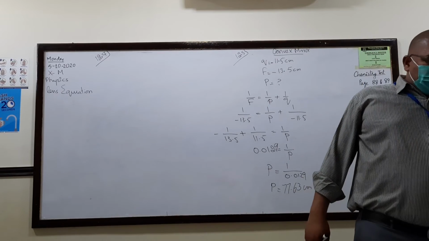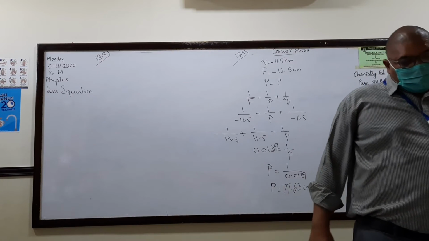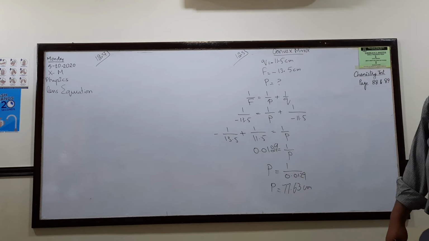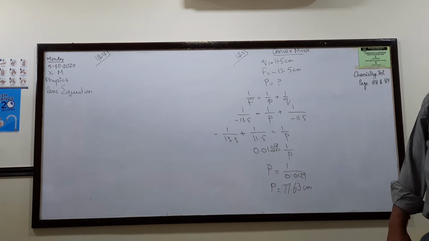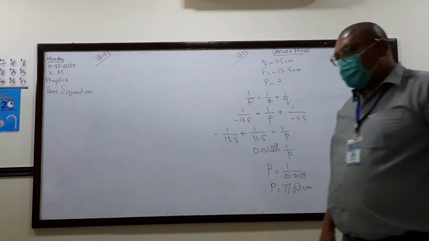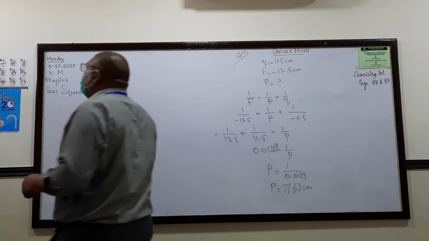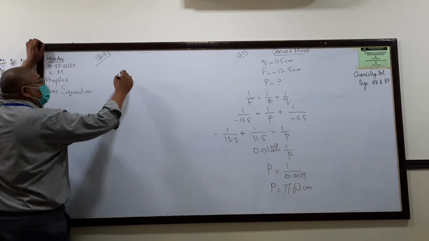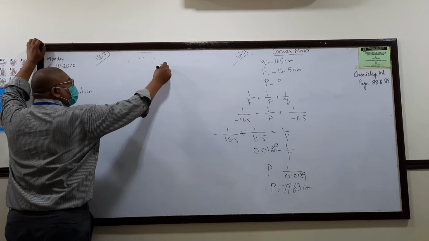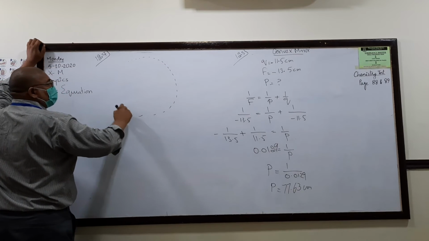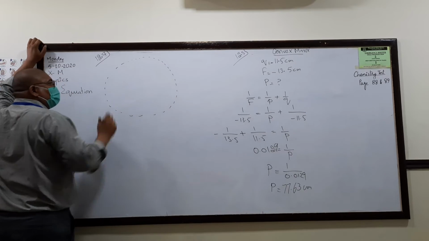Yes, ma'am, please read 12.7. Nabila uses a concave mirror. The mirror has a radius of curvature of 38 cm. A. What is the focal length of the mirror? B. The object is located 50 cm from the mirror. Where will the image appear? C. Will the image be upright or inverted?